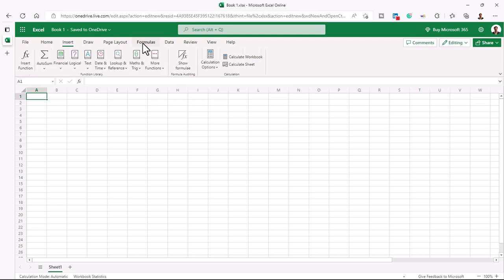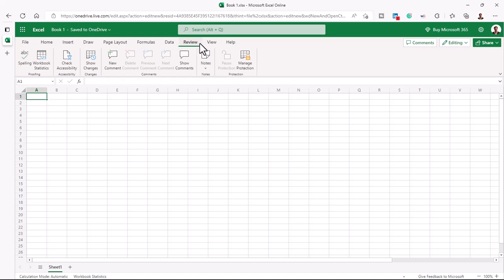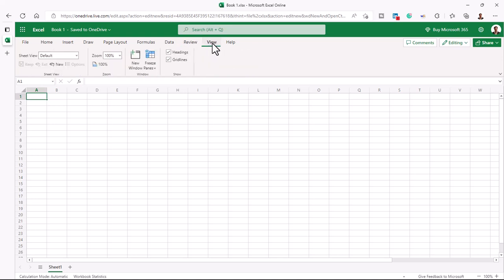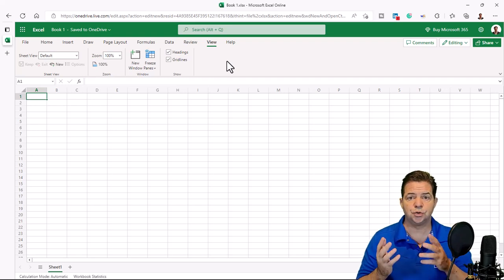Plus you also have the formulas, and I'm going to explain that immediately after the presentation. The data tab where you also have data types, plus review and view. So as you can see, 80% of the tools you need with Excel are already available